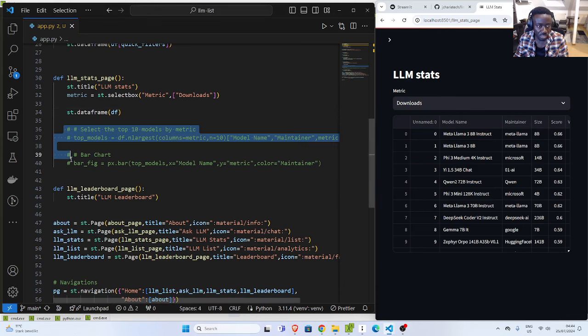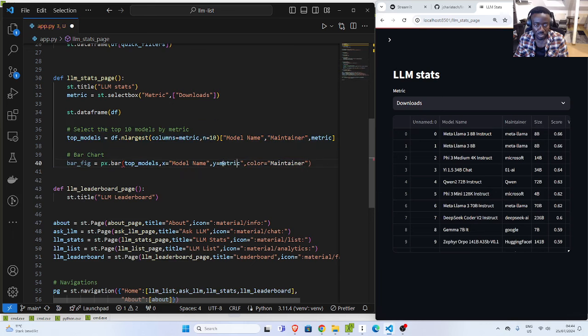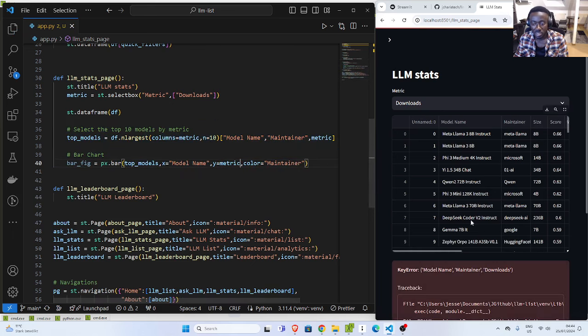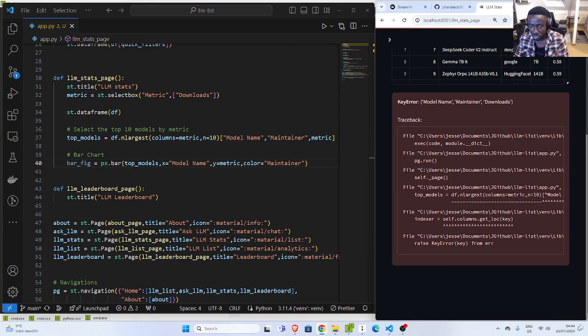So these names are there. That means that this will work. And the reason this is not working is because of this. Metric does not exist in this way. So key error: model name, maintainer, and downloads cannot be found. Let's see where we're getting the error from. Here. Right, so columns, metric,